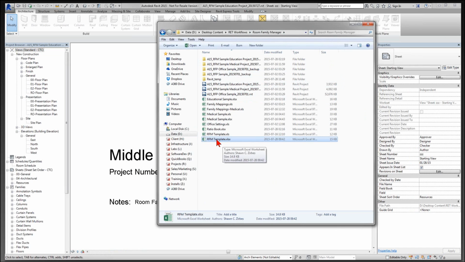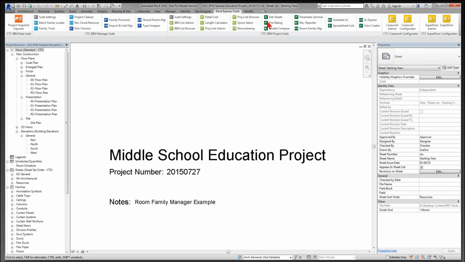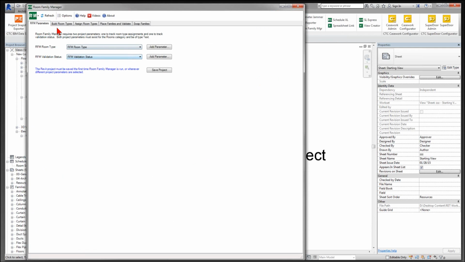So that's fine because Room Family Manager can use this just fine. Now, I'm not going to open this up in Room Family Manager. I could actually go to Revit Express Tools here and open up the Room Family Manager tool itself. And for Room Family Manager, after doing my assigning of parameter types, which I'll get to in a moment here, I could go to my Build Room Types tab, and